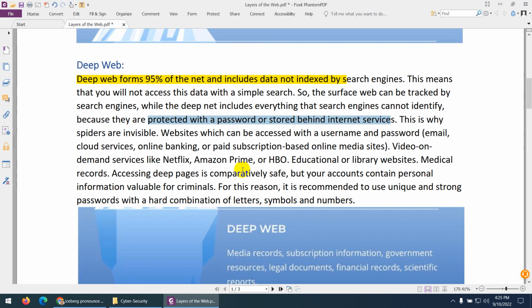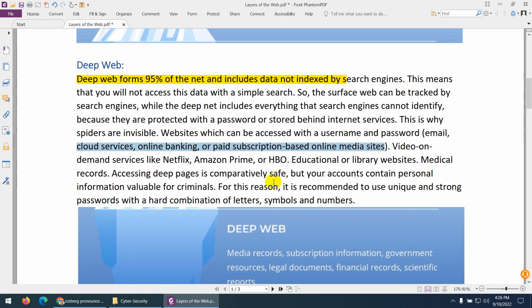You need to type a username and password to access these resources. So those resources which are not indexed by search engines, which do not come under normal search, and where you need to type a username and password to enter, are called the deep web, such as your cloud services, your online banking, your paid subscriptions,